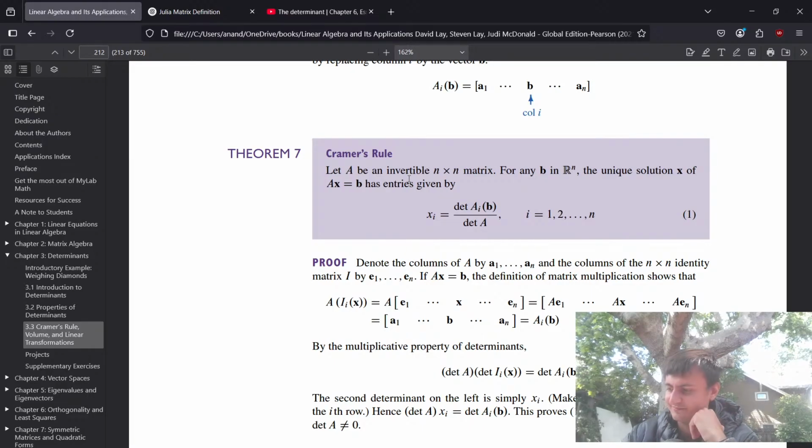What? What does that even mean? Solutions to Ax equal to b can be written where xi is equal to the det of Ai replaced with b over det A. All right, so if you think about the complexity of computing det A, it is going to be